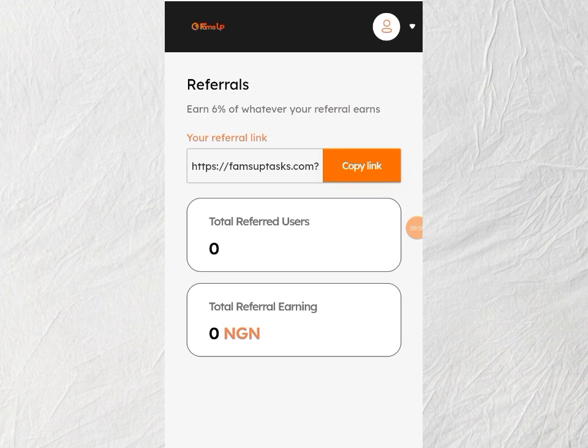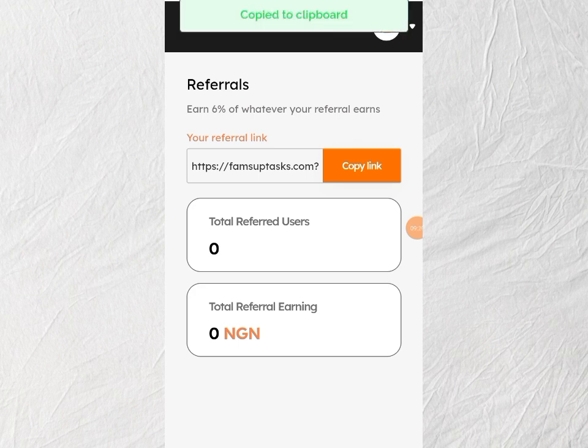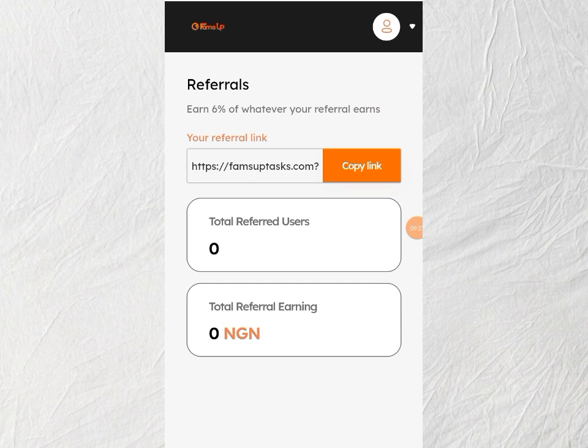That means you are going to earn 6% of whatever your referral earns, and to earn this 6%, all you have to do is copy this link over here. When you copy this link, you paste it on your Facebook, you refer your friend, your relative, even your enemy, and they will make money on this platform, and you will also make yours.